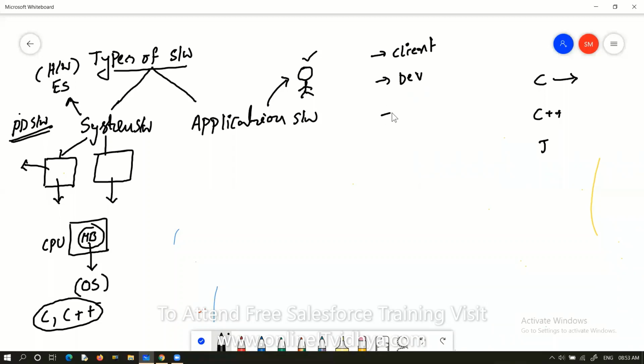Next one is end user. Client means a company who is giving the order to develop the software. Developer means the person who is developing a software. End user means the person who is using the software. So first, the client gives the order, the developer is going to develop, and the end user is going to use.